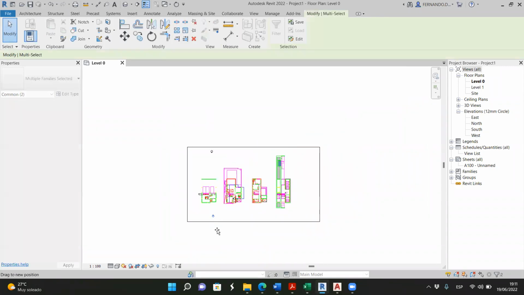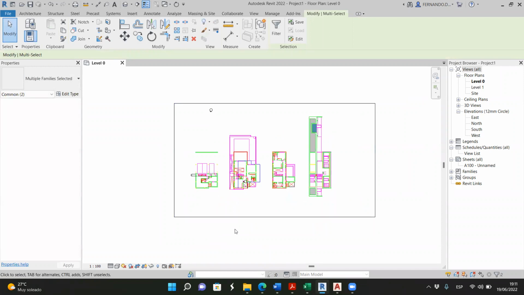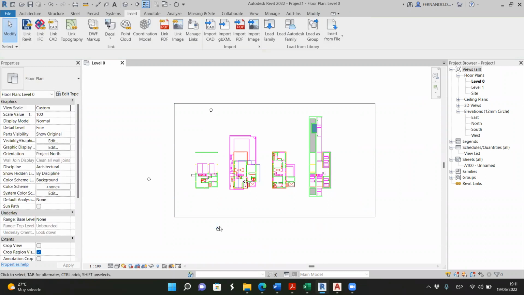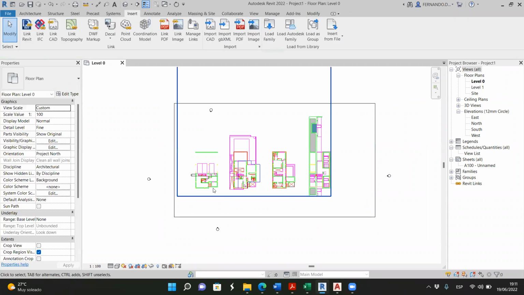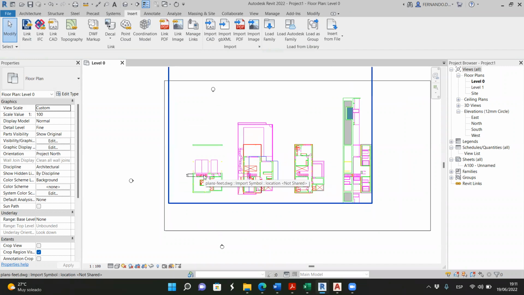You see that if I push the elevation marks outside the crop region and I crop the view, I don't see this. So if I don't crop it, then I can see it. Okay. Well, what's next? We have to start drawing the